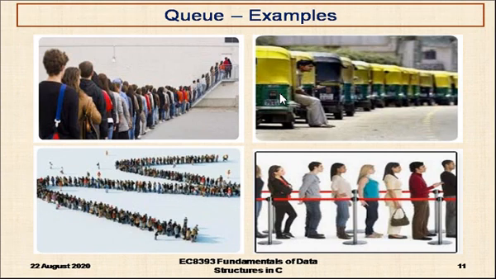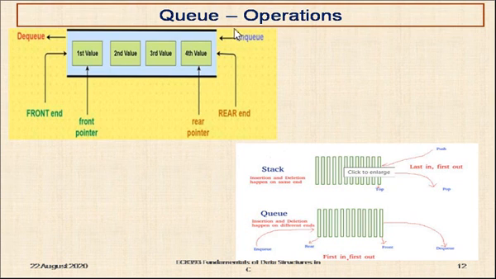And these are some real-time examples. Wherever we go, we can find queues nowadays. Okay. These are some examples of the queue. Coming to the operations on queue: insertion operation, deletion operation, or enqueue operation, dequeue operation. So this is the rear end, this is the front end, and there are two pointers: rear pointer, front pointer. At the rear end we can insert or enqueue the elements. At the front end we can dequeue or remove the elements.